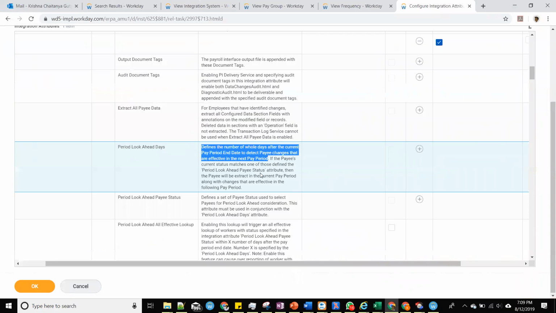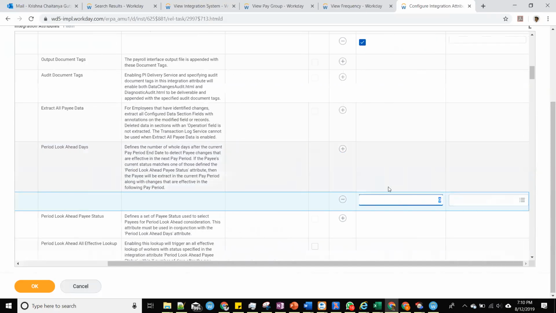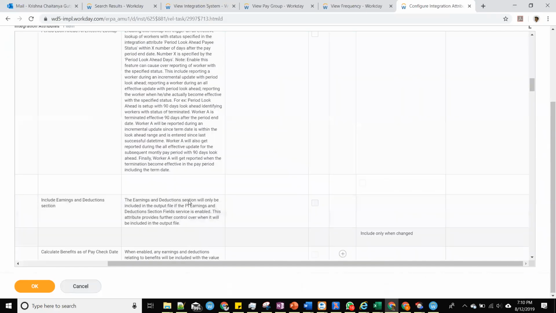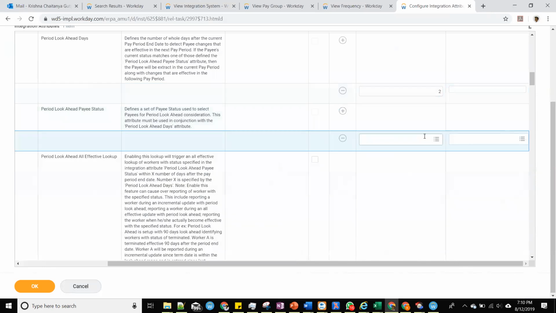So if you want to look at information as of pay period end date, that's a normal process. But if you want to look something ahead in future, like in the next pay period by just a couple of days, because there are some clients who want their payroll system to know termination a little ahead of time, or job changes a little ahead of time, or at least they don't want to wait until the end of the pay period where the termination is happening right after the pay period end date, right? So you can do something like this. You can add payroll lookup ahead days, and you can add look for 2 days ahead of the pay period end date. And then you can select certain transactions,